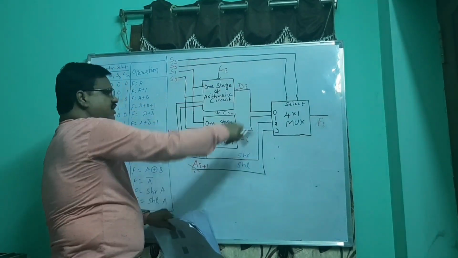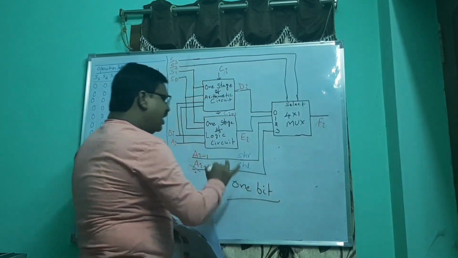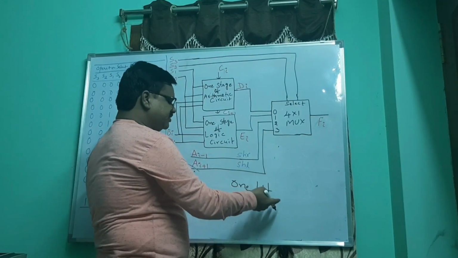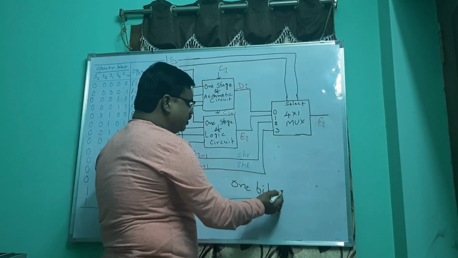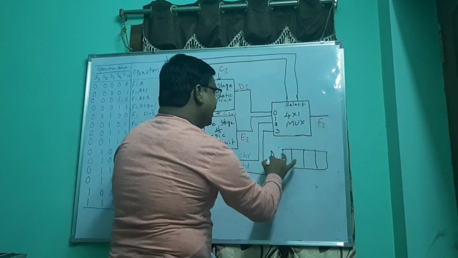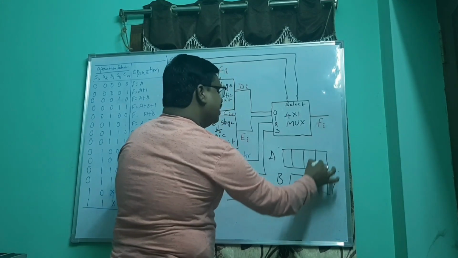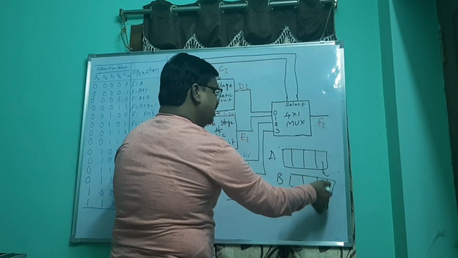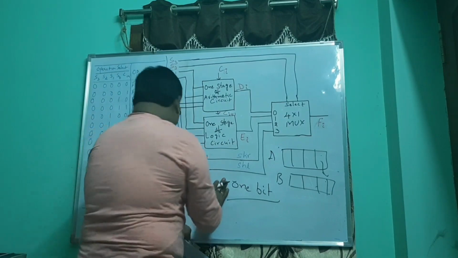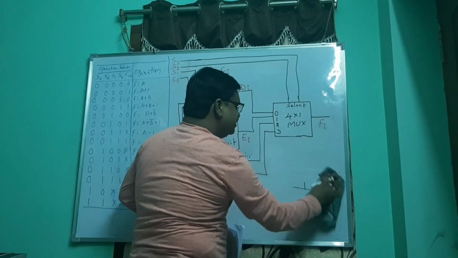But remember, whatever diagram is drawn here is meant for only one bit operation. That means performing addition of two individual bits, or an arithmetic or logical operation between two individual bits. Individual bits here means, as you know, that register A contains 4 bits and register B contains 4 bits. So for each addition, subtraction, increment, decrement or whatever it is, if you want to perform it bit by bit, this is meant for one bit. So let us have the detailed explanation of this diagram now.